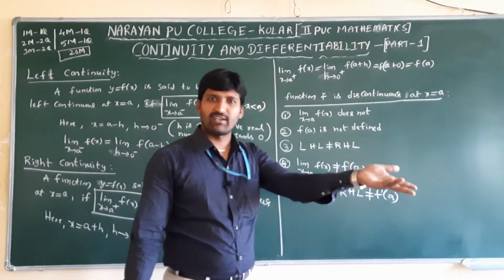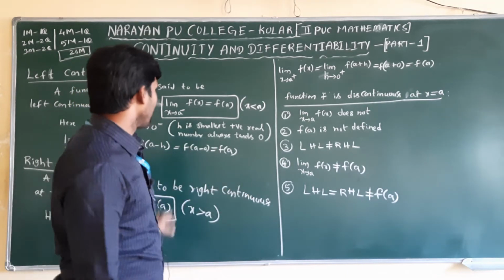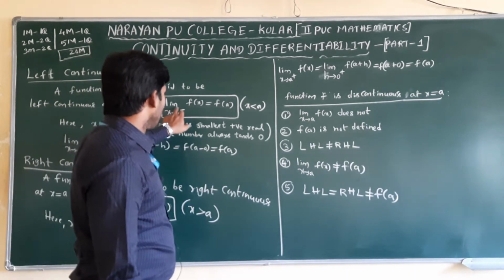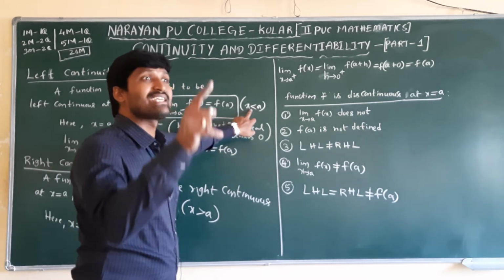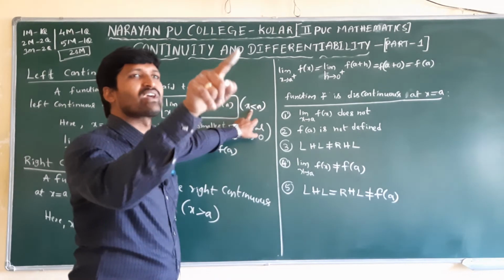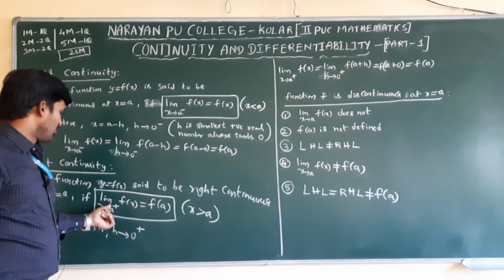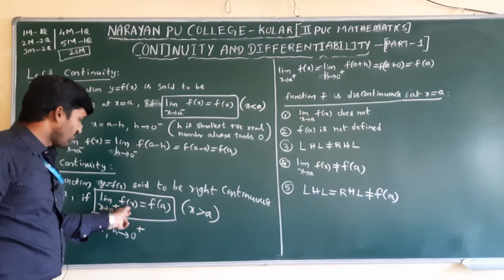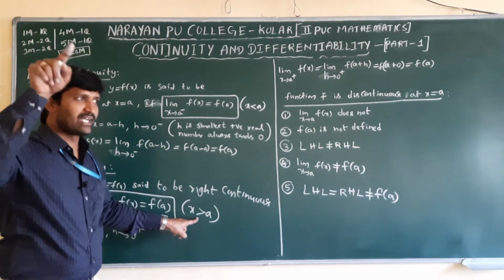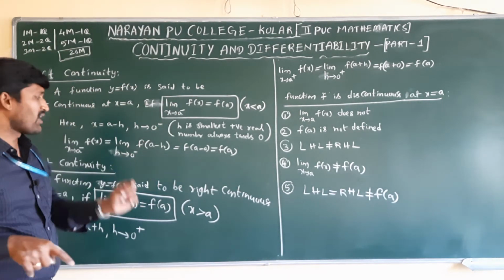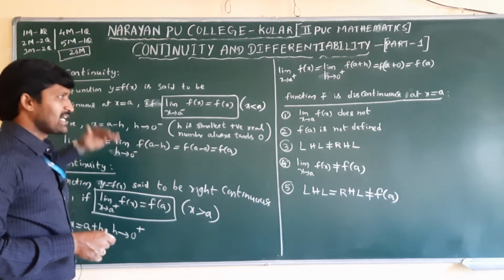At x equal to a, left continuity is different and right continuity is different. For left continuity we take the limit as x tends to a minus of f of x. This f of x, where is it defined? At x less than a, what function is defined, that we need to replace here. Same here: limit as x tends to a plus means what? Where is this f of x defined? When x is greater than a, whatever function is given under that condition, we need to consider it. This is checking for left side continuity or right side continuity.